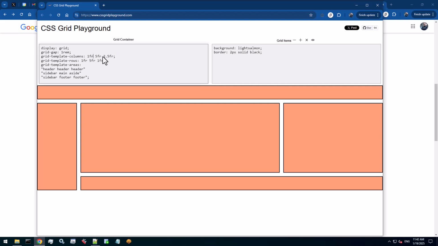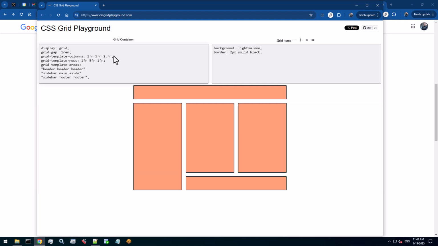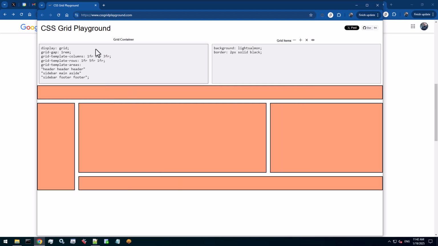So that's actually a bit of math you have to do. It's 1, let's do it easier. So that's 9, literally a fraction of 1/9 and 5/9 and 3/9 of the entire width